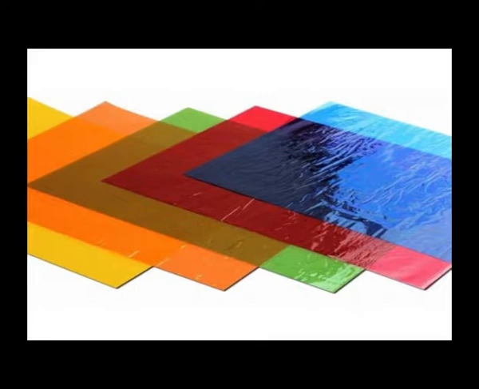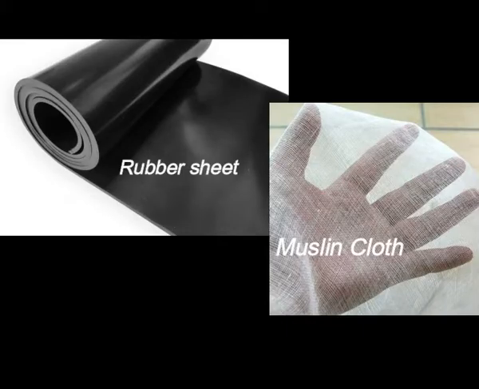Now if we take a rubber sheet or a muslin cloth instead of that cellophane paper, which is acting as a barrier, what would be the changes in the experiment? See, rubber sheet and muslin cloth are also used in place of cellophane paper. Okay, now what will be the changes you see? If in a similar setup we had used a rubber sheet or a muslin cloth instead of cellophane as in the above experiment, what would happen?